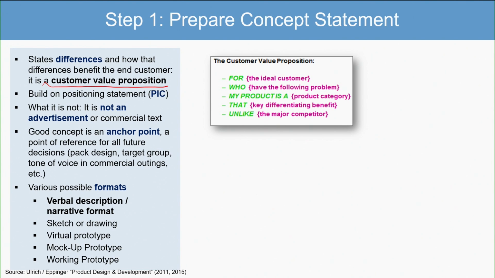And part of a customer value proposition, and this is like a box you may use in your own work, try to start with really making this kind of sentence. And this would be the ideal customer, who is in this concept having this problem. My new product idea is whatever category, a service, a product that, now let's say what it's doing, unlike the